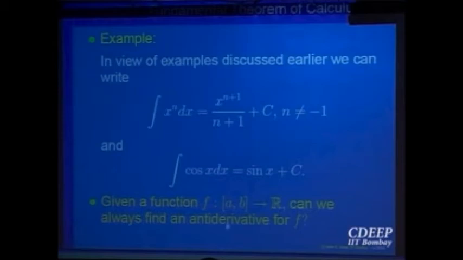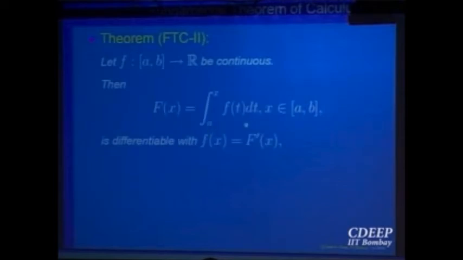And that class is that of continuous functions. So suppose f is a continuous function, then it says look at the function F(x) equals the integral from a to x of f(t) dt, x belonging to [a, b]. That is the function capital F. This function is defined for every value of x because small f, being continuous on the closed bounded interval [a, b], is integrable on [a, b]. So it is also integrable on every subinterval of [a, b]. So it is integrable on the interval a to x for every x. So this function capital F is defined, and it says its derivative is nothing but small f at all points in the interval [a, b].